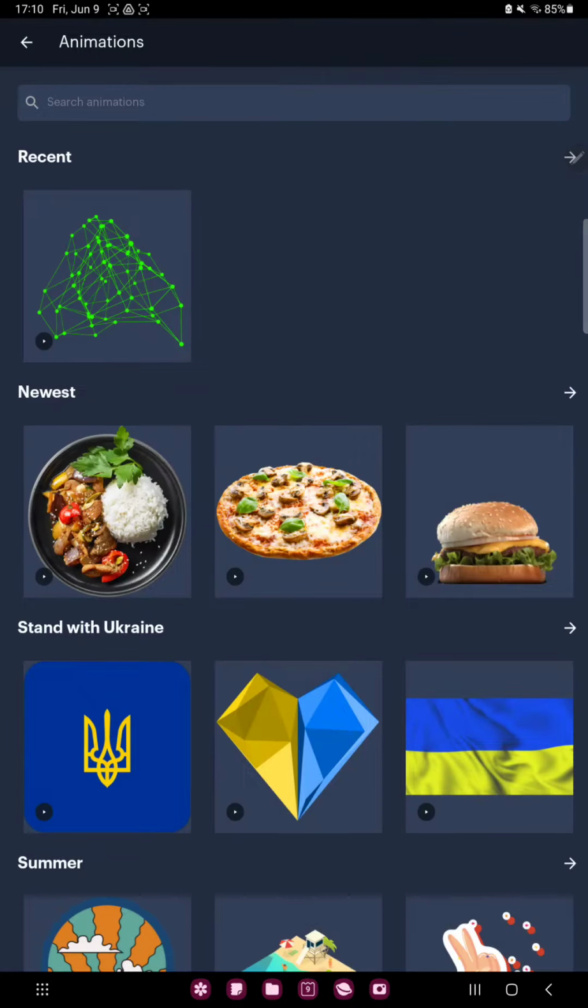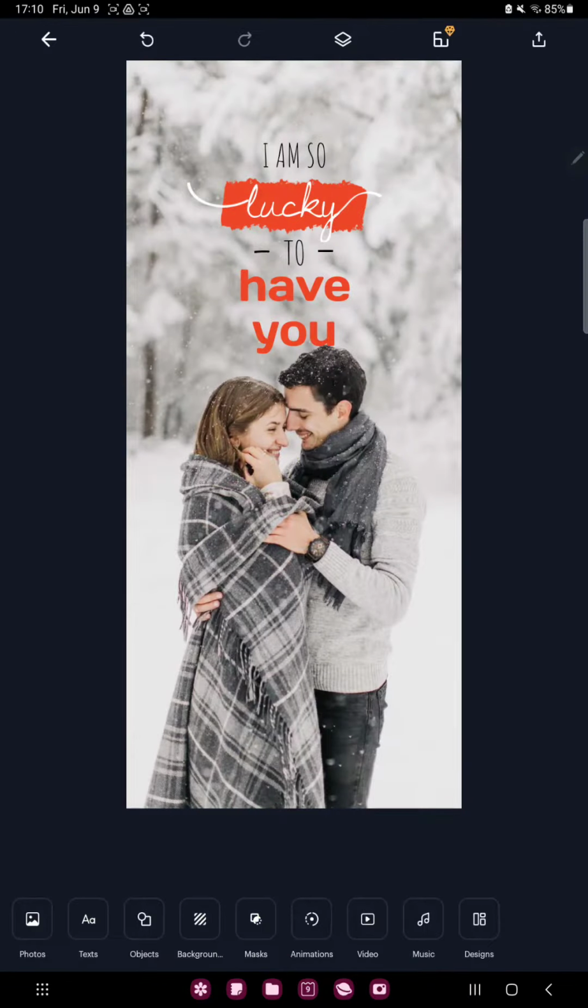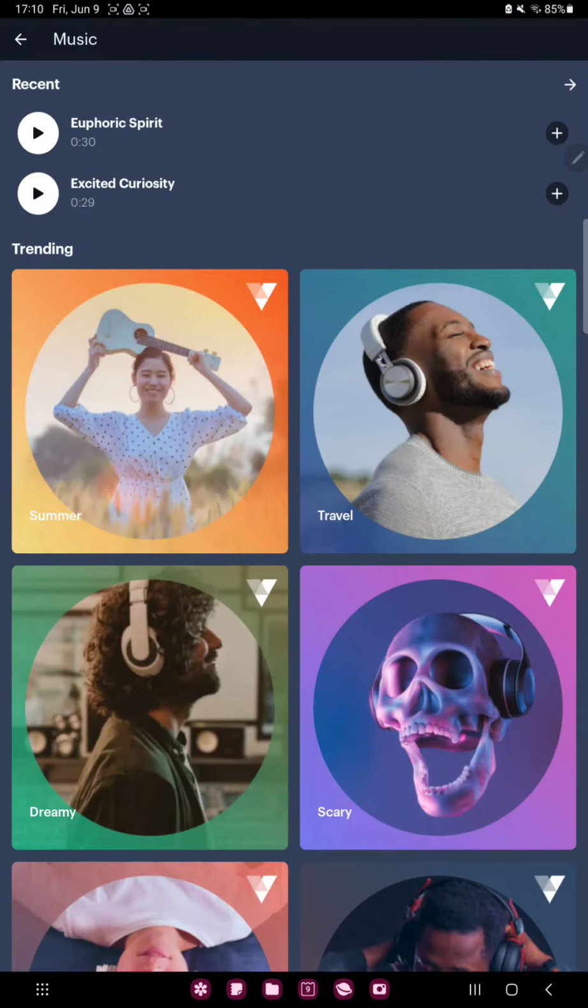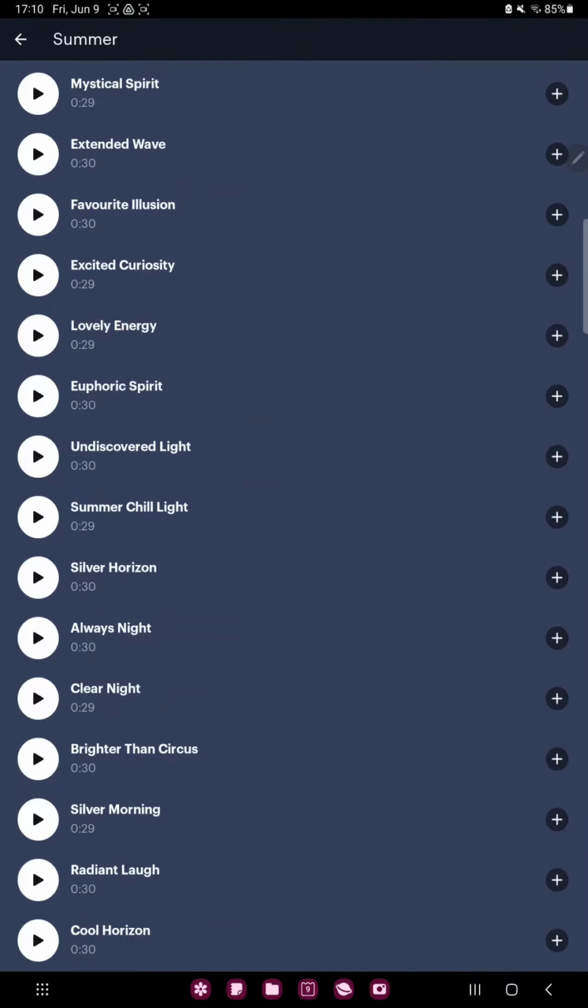In the animation section you can find different animations which you can add to your project. And in the music section you can find music. For example, click the summer button, and if you want to add the song, just click the plus icon